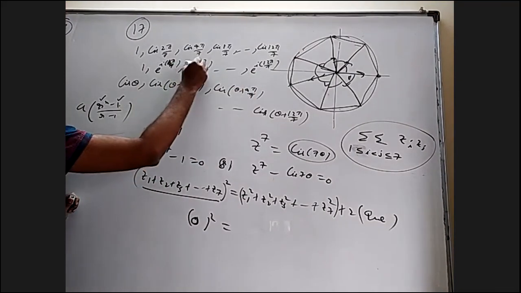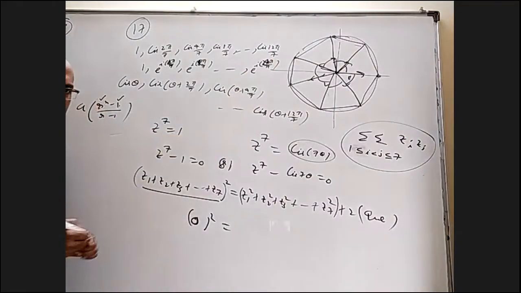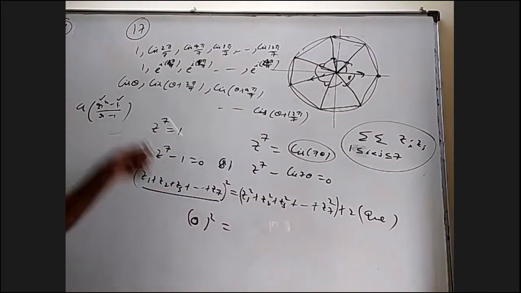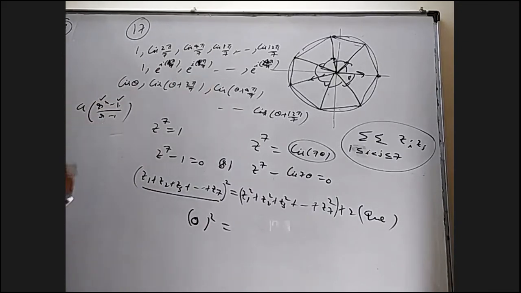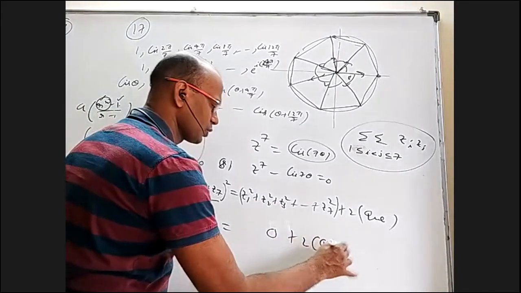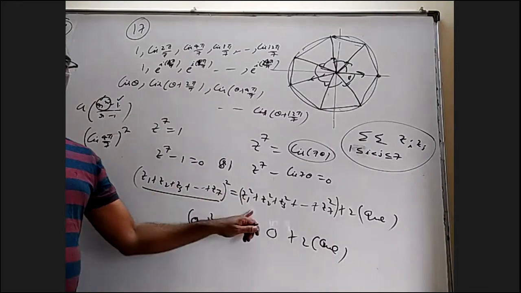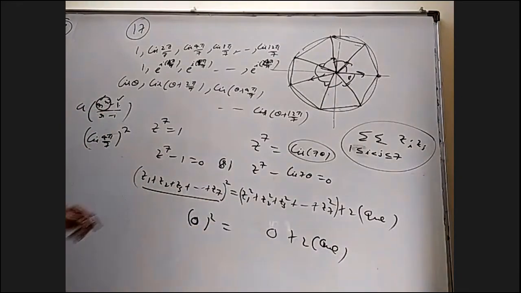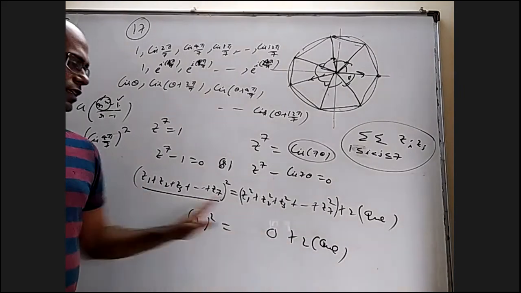If I take all the squares of all these things, then what happens? It becomes 4 pi by 7, 8 pi by 7, and so on up to 24 pi by 7. Still they are in GP, but this is not e power i 2 pi by 7, it is e power i 4 pi by 7. Sum of all the 7 terms of GP, same formula, but earlier e power i 2 pi by 7 whole power 7, now e power i 4 pi by 7 whole power 7, which is e power i 4 pi. Earlier it is e power i 2 pi, 1, 1 minus 1 is 0. Now it is 4 pi again, 1 minus 1 is 0. So this is also 0, which is 2 times the question. So not only sum of the roots is 0, sum of the squares is 0, which I proved to you by GP formula.